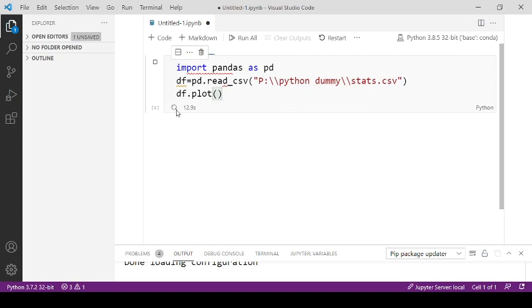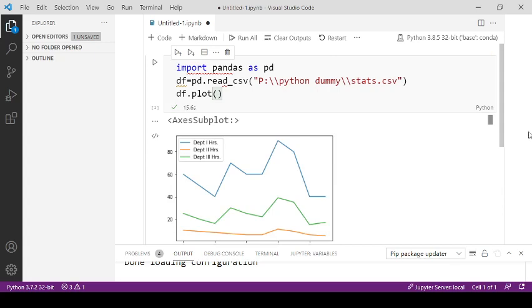Here it is showing up the time, and now you can see the data has been plotted on this graph. By default this plot function plots data in line form. This blue line shows data of department 1 hours, this green for department 3, this orange for department 2 hours, right?